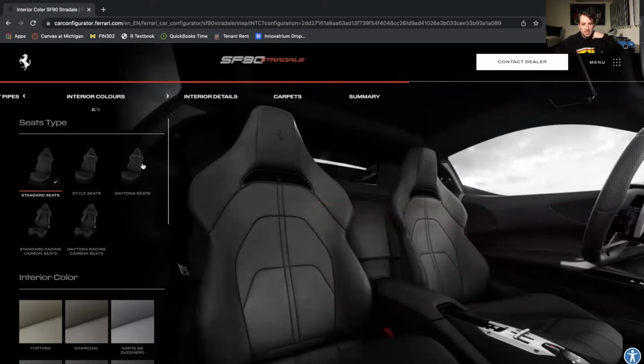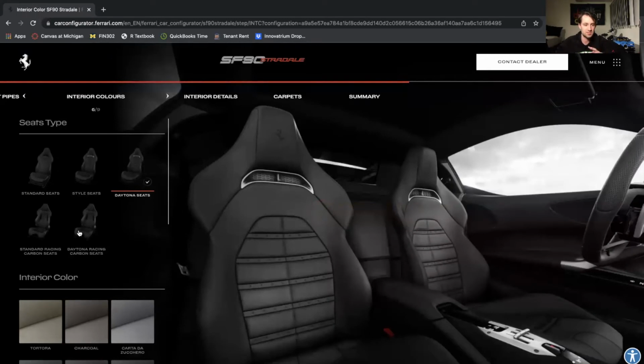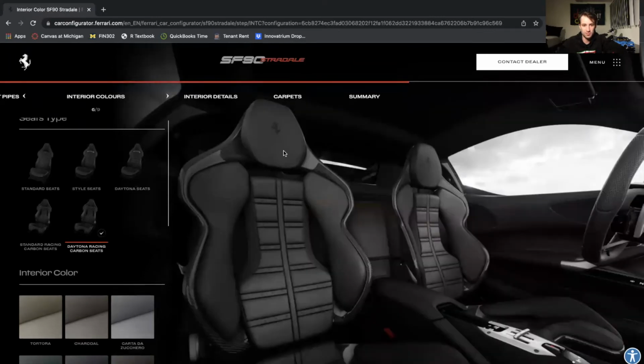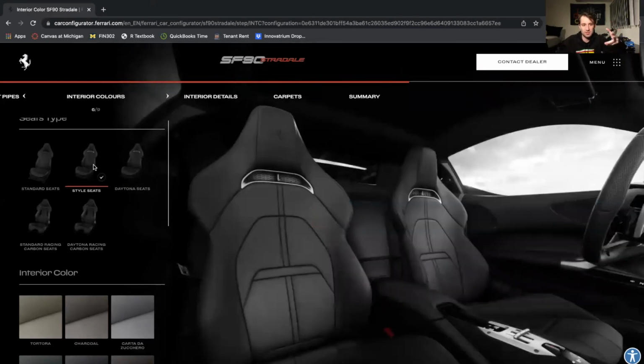We have a couple different seats here. I am not a fan of Ferrari's Daytona seats, to be honest, but I do like these standard racing seats. They look a little bit more comfortable than the other Ferrari style racing seats because of this leather here. So I don't like the Daytona pattern. You could go with this style seat, which looks a little bit more comfortable. It might make sense to stick with this since we're not getting the Fiorano package,